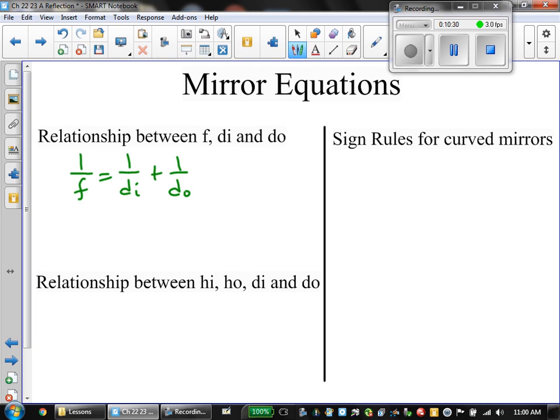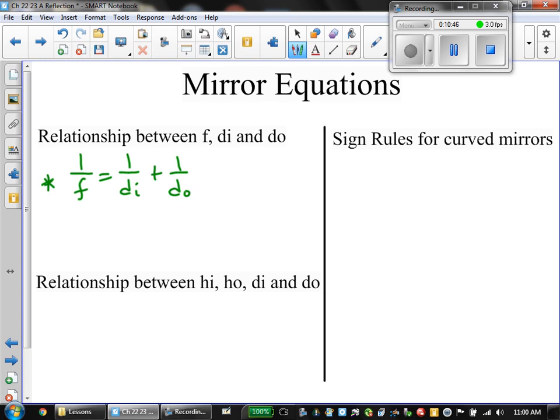It's kind of like resistors in parallel. The other thing you can do is if you're solving for F, use the equation in this form, similar to the resistor in parallel equation. If you're solving for DI or DO, you can do the same thing. I usually rewrite it as DI equals F DO